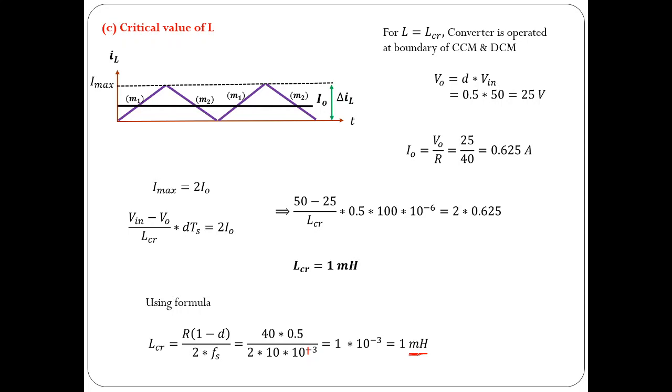Okay, so this is about the operation of buck converter in discontinuous mode, and I have solved one problem for discontinuous mode, which is quite difficult. In case of continuous current mode, formulas are directly available. I again request you to solve few problems and let me know if you have any difficulty in solving.